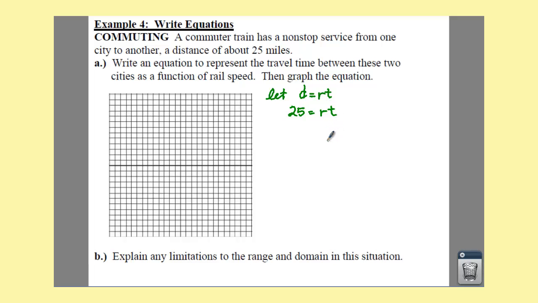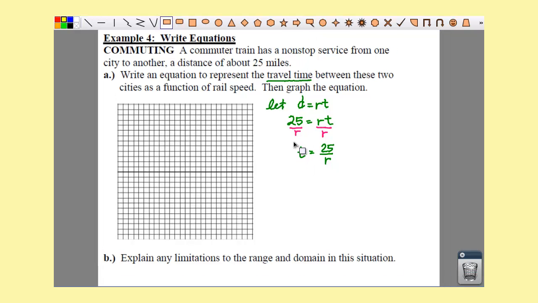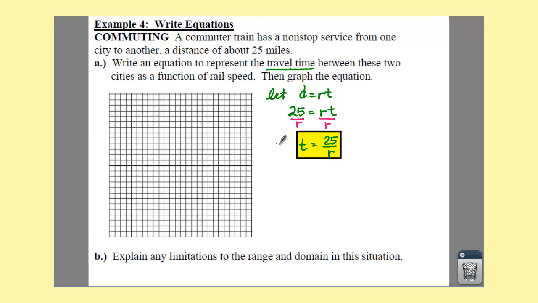So we want to write an equation to represent the travel time. If we're trying to represent our travel time, we need to solve this equation for t. To solve that equation for t, we just divide both sides by r, and we would say t is equal to 25 over r. That would be your equation. So your time is going to be whatever your distance is divided by your rate. So if we want to graph this,